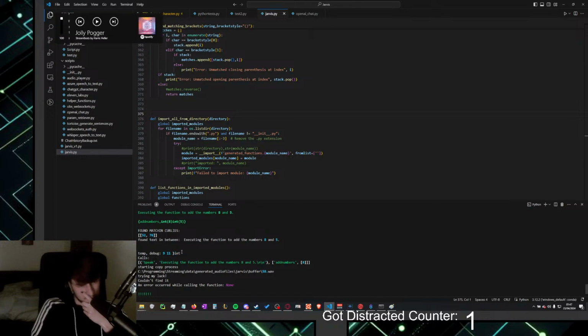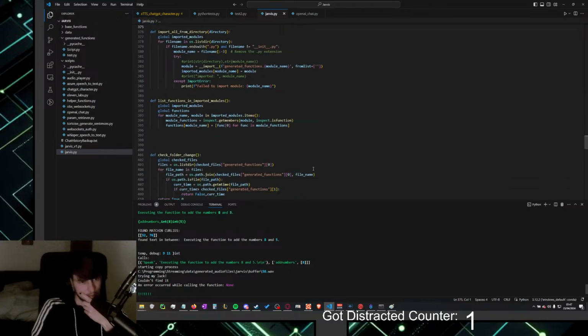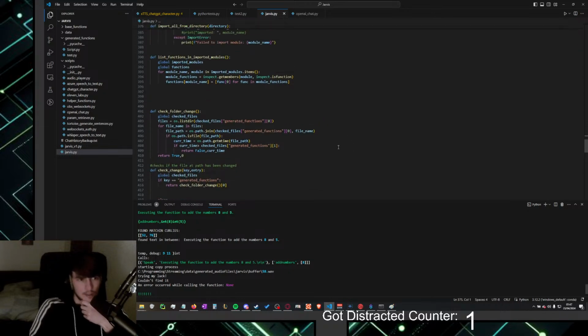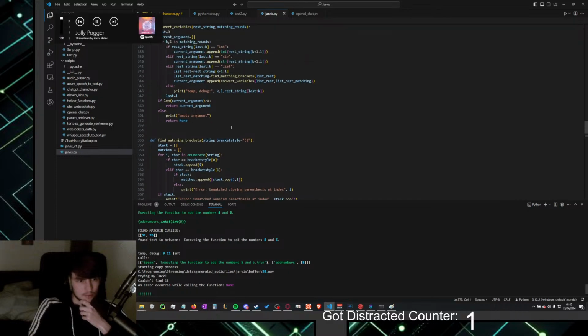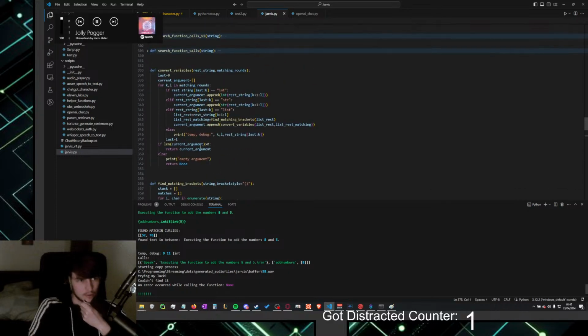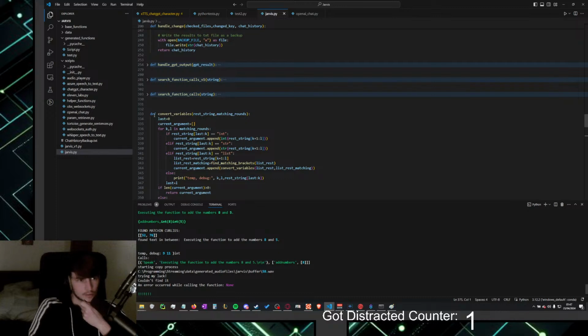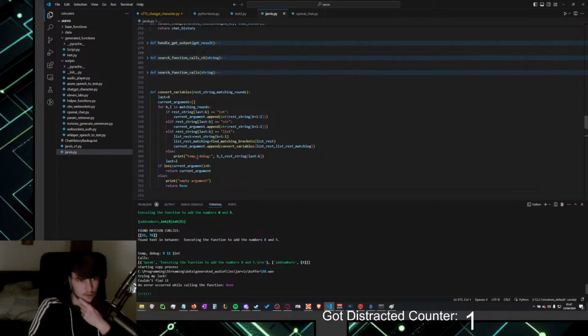Wait, what? Oh. Curly brackets at the start. That's just a wrong index, which can be fixed easily.